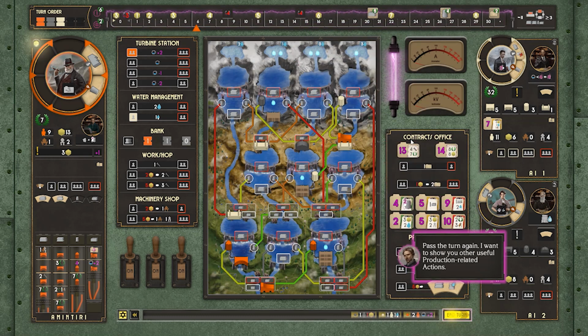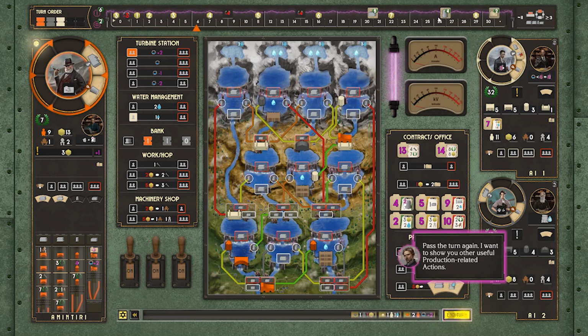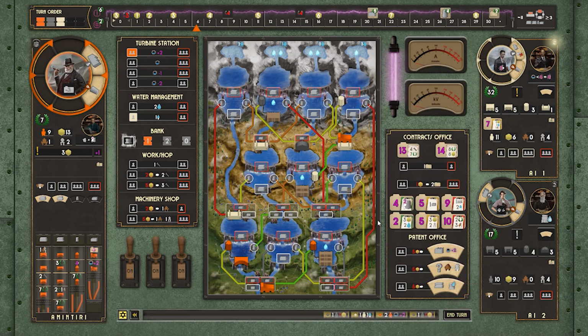Pass the turn again. I want to show you other useful production-related actions. So I don't know if that goes all the way across. I mean, I'm in pretty good shape at the moment. Okay, now the opponent's gonna...